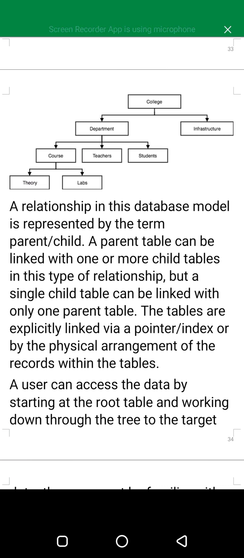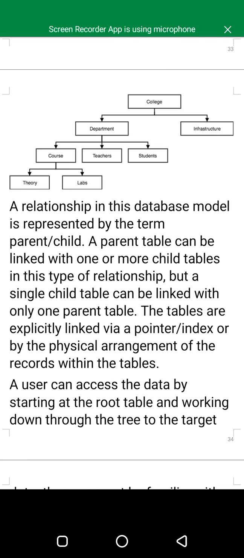These are the child. The college is the parent. When we go further down, now the department becomes the parent, and the course, teachers and students become the child. Not grandchildren, but child. When we go further, course becomes the parent and theory and labs become the child.